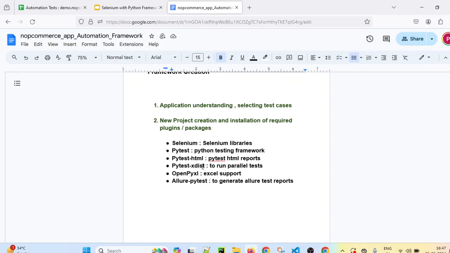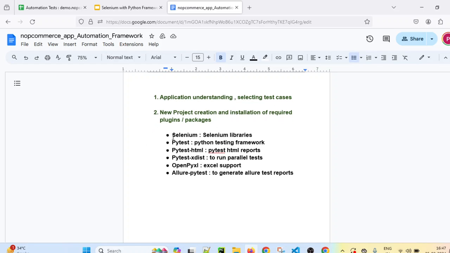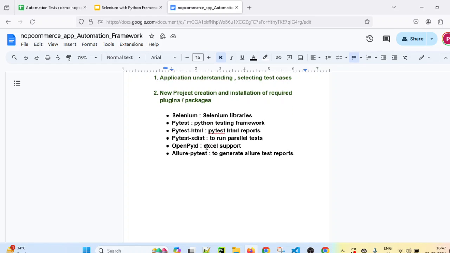After understanding the application and selection of test cases, we created a new project and installed all the required plugins and packages. For example, we installed Selenium libraries, PyTest, PyTest HTML for report generation, PyTest xdist to run parallel test cases, OpenPyXL for Excel support, and Allure PyTest to generate Allure test reports.